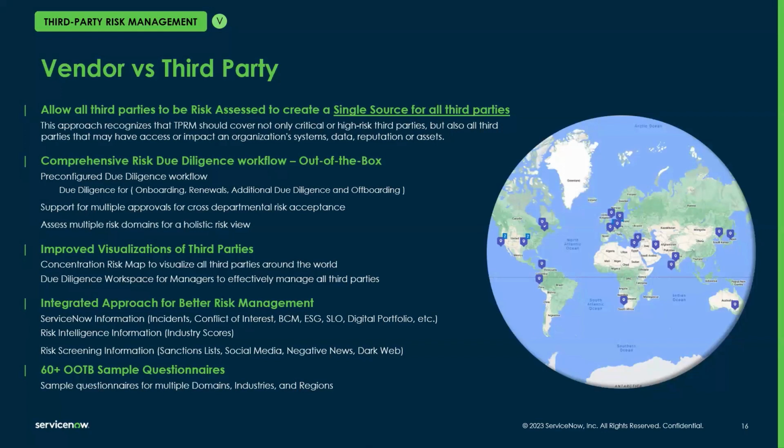That term, vendor, to our broader customer base really only accounts for one type of third party, right? The third party ecosystem can consist of vendors, suppliers, contractors, partners, consultants, customers, even. Ultimately, the third party is any external relationship which could expose risk on behalf of the organization.